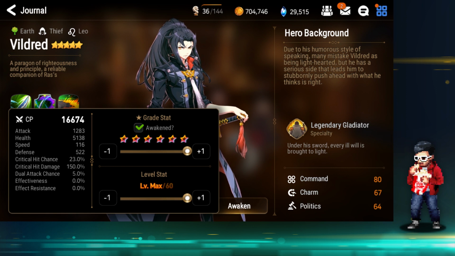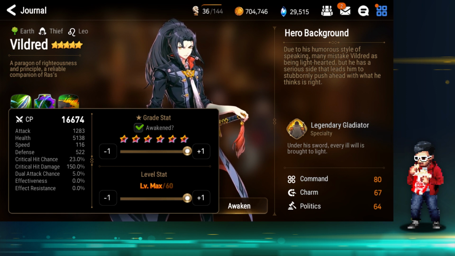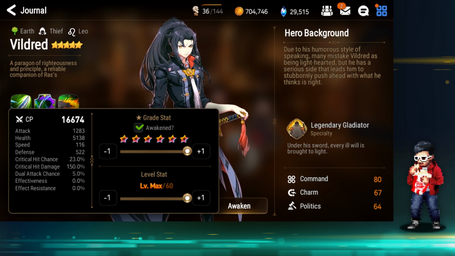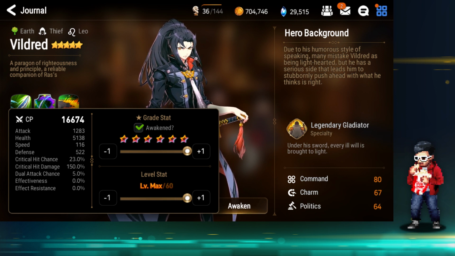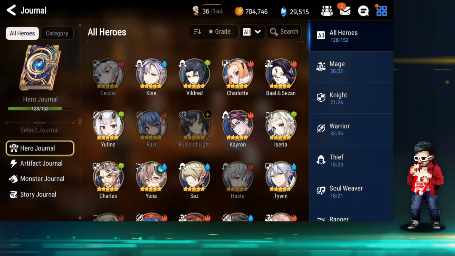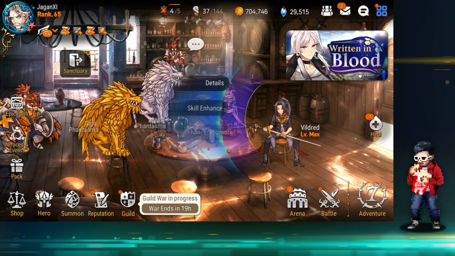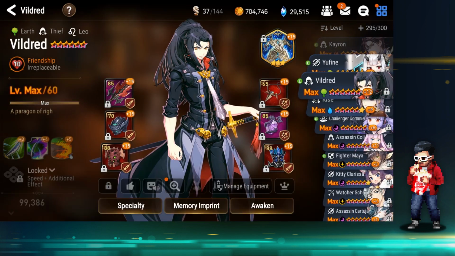His health is actually still really high though. I gotta note this, 5138. You don't want to overlook that, and the speed is there. Not the fastest thief, but just enough. So very well rounded. Of course, he has no effectiveness, and you shouldn't build him with effectiveness. He should have 0 effectiveness if you're going for pinpoint stats. So I'll show my build now at the very end, but